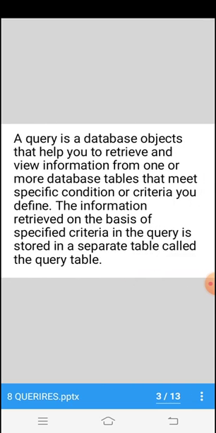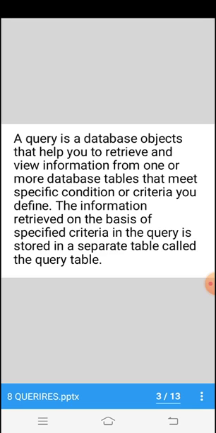A query is a database object that helps you to retrieve and view information from one or more database tables that meet specific conditions or criteria you define. The information retrieved on the basis of specified criteria in the query is stored in a separate table called the query table.